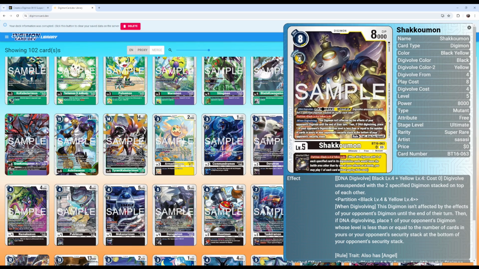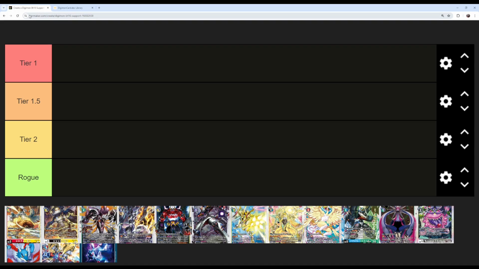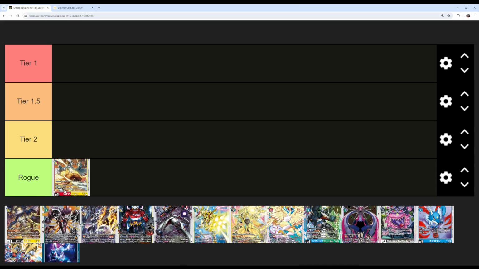So I think this one's a pretty decent DNA mechanic kind of payoff, because it gives you a really good payoff for investing all those resources, and not only that, but also now you have the new partition keyword, which definitely helps. Because one of the biggest drawbacks with these decks was that you make this stack that you took 3 turns making, and then it just gets outed by literally anything. And so I think Shakumon's a little bit better, but ultimately both these decks I'm going to put in